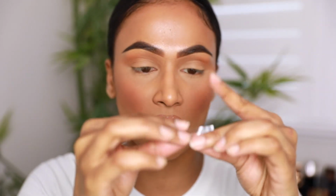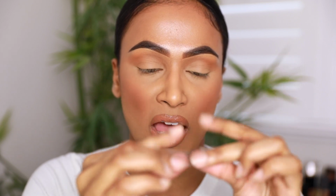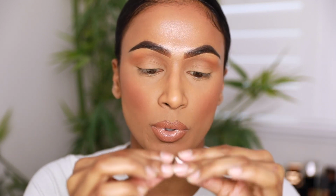If you are a beginner, one tip and one hack that I will share with you that may help you out is using tape. I find that a lot of times what people struggle with regarding eyeliner is getting that really sharp wing and getting it in the perfect angle that suits your eye shape. Before I put on the tape, I'm just gonna take a little bit of the stickiness off by tapping my fingers